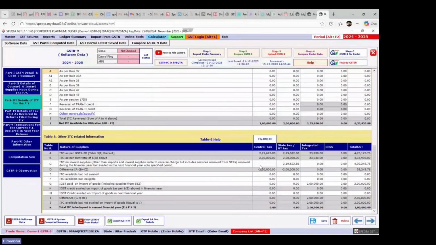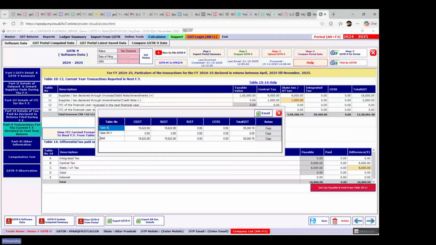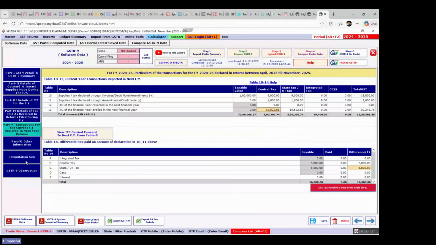जस्ट करेक्ट रिपोर्टिंग करने के लिए मैं आपको दिखाना चाहता हूं, ठीक है। टेबल 8 में 19,622 और पार्ट 5 में भी हम आते हैं तो यहाँ पर हमने पार्ट 5 की आईटीसी भी फिल कर दी टेबल नंबर 13 में। जस्ट कॉपी पेस्ट एंड कम टू द कंप्यूटेशन। नाउ यू विल सी इन द कंप्यूटेशन सेक्शन,